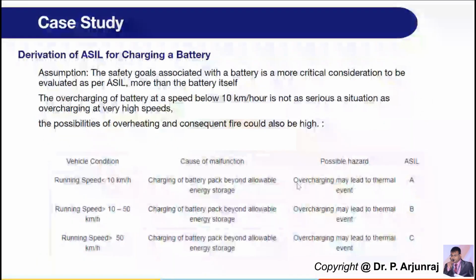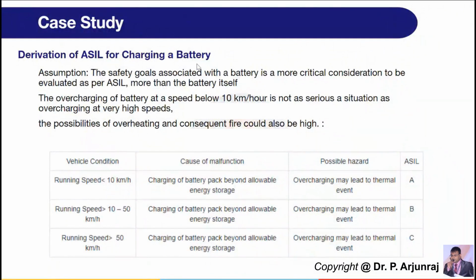Let us go for one case study where we derive the ASIL for charging a battery. It's a two-wheeler electric vehicle battery. Our assumption here is that the safety goals associated with the battery are a more critical consideration to be evaluated as per ASIL, more than the battery itself. Here the overcharging of a battery is happening at a speed below 10 km per hour, which is not a serious situation